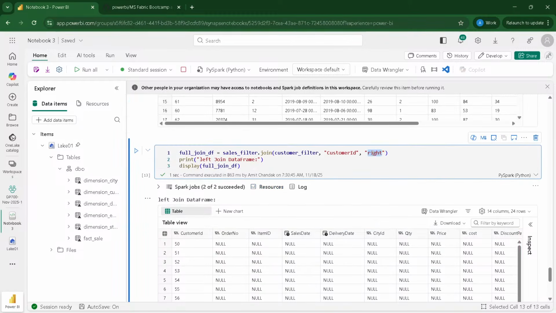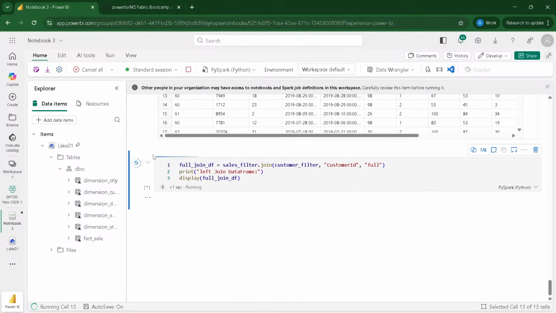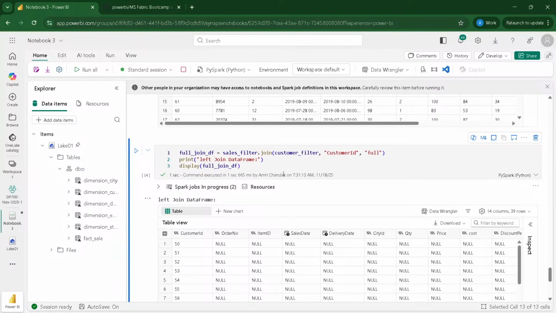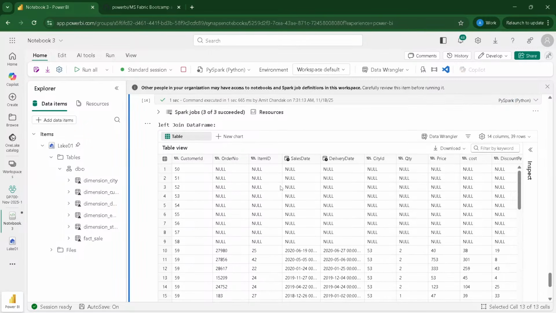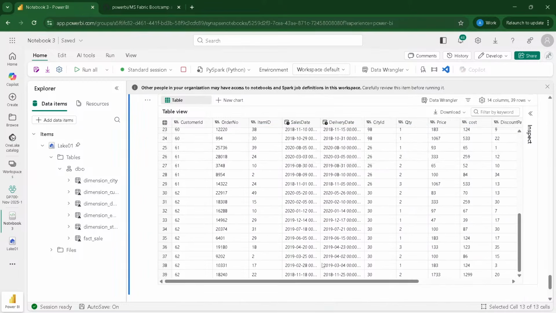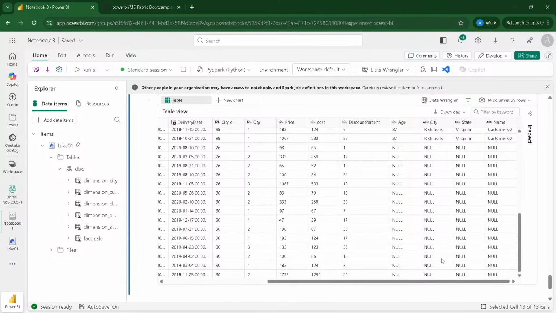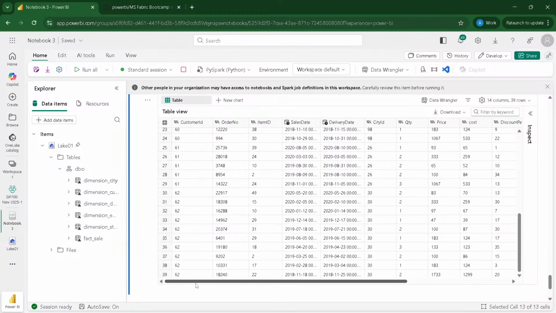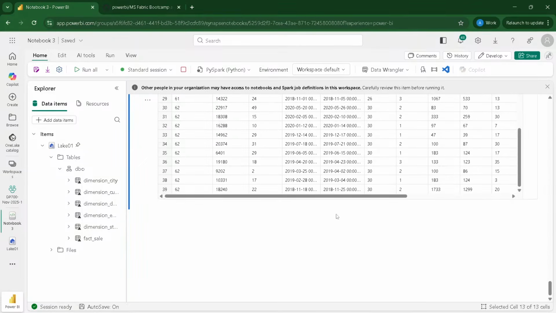Then I can have full join. Full join means missing from both the places are going to come. So matching, missing of left, missing of right. So this is missing of left table, sales table. Then if we further scroll down, we should also get the data missing of right. So full join: matching data plus non-matching data from both the sides.